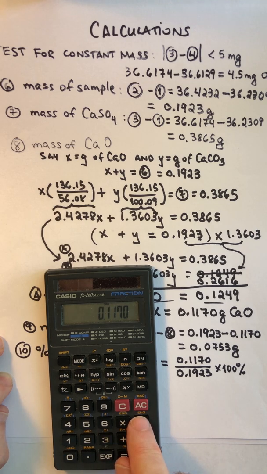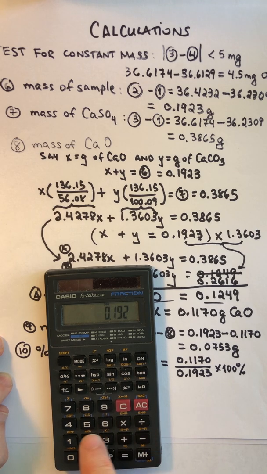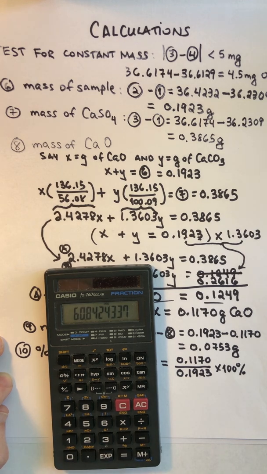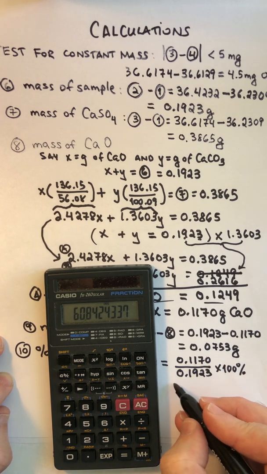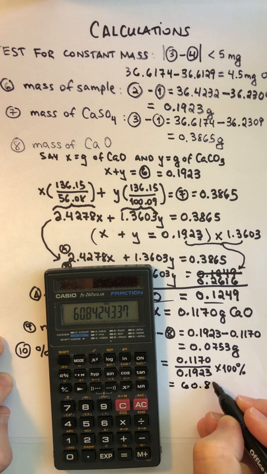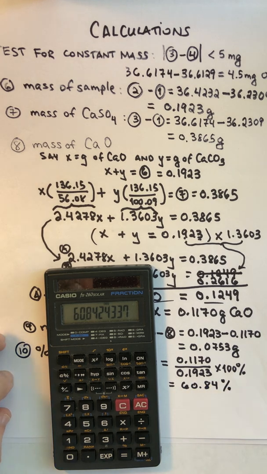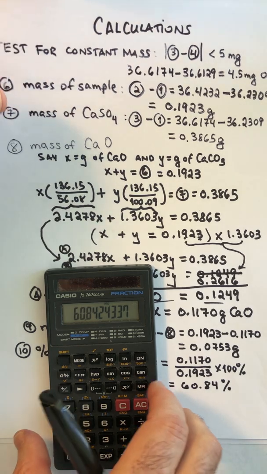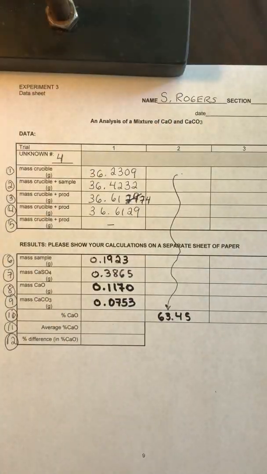0.1170 divided by 0.1923 times 100, and that gives me 60.8424, but I have 4 sig figs here, so that means that I have to round that to 4 sig figs, 60.84%. Of course, if they ask me, I would subtract that from 100 to find the percent of calcium carbonate, but they're not asking me for that. So let's go ahead and write that over here,